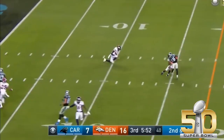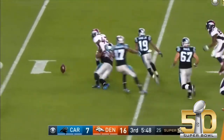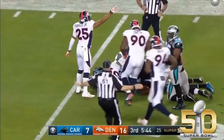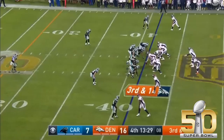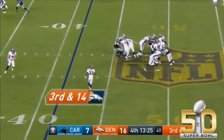Let's pick it up 16-7 in the 3rd. Overshoots Ted Ginn. And T.J. Ward, he loses it. However, the Broncos do recover. That secondary was outstanding on this day. It was the turnovers that really did doom the Carolina Panthers, and Denver caused those turnovers that were not just